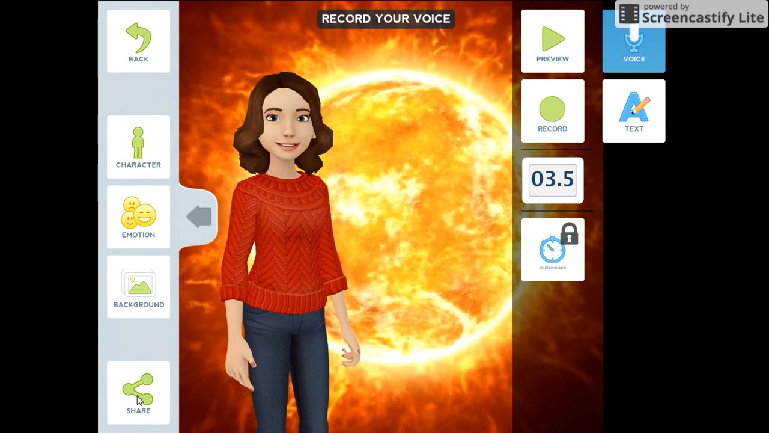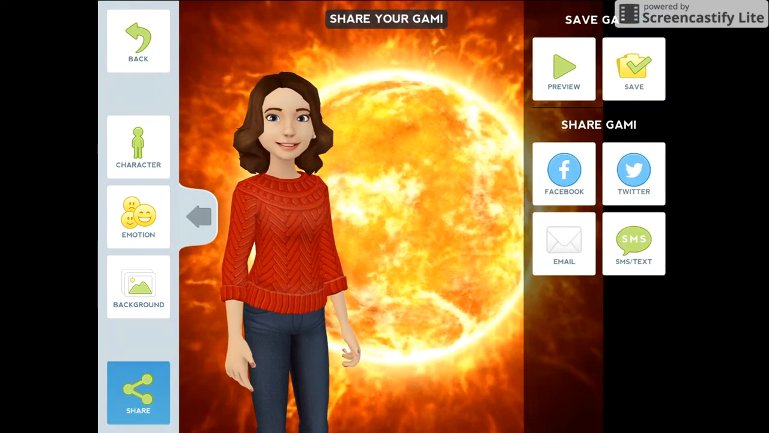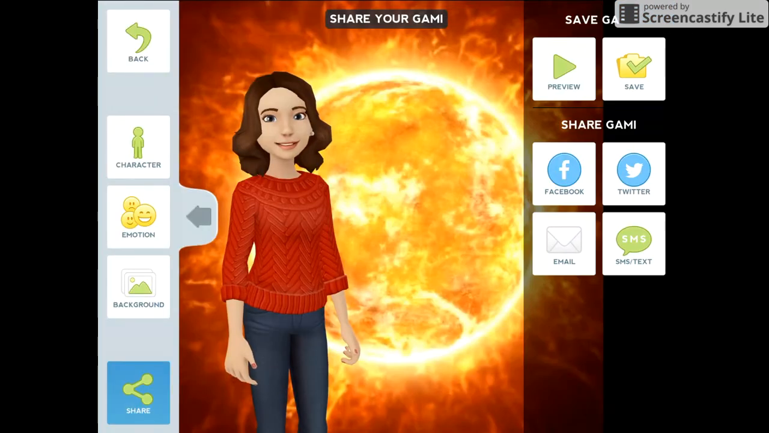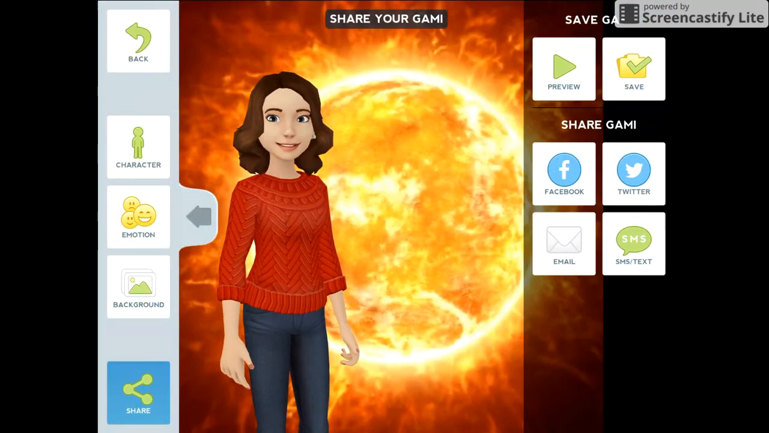They can add some text there. I'm going to click share because once the students are done with their project, they're going to want to share it. So click share and you'll have them save their work to their camera roll. So if you click save here, it's going to take just a few minutes to load their Tellagami, and what it's going to do is add that Gami or Tellagami to the camera roll or the photos, and then the